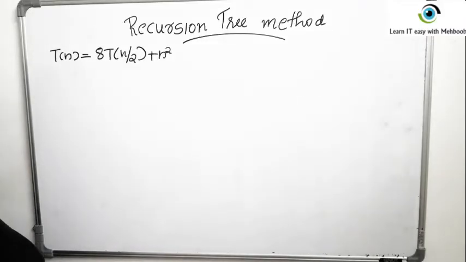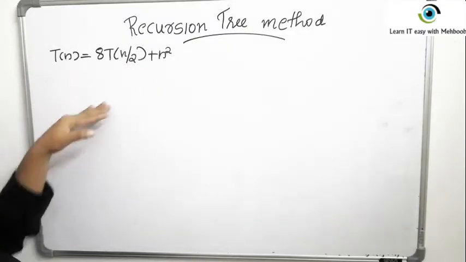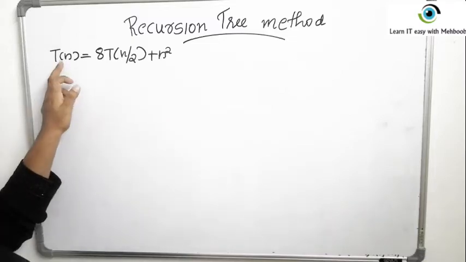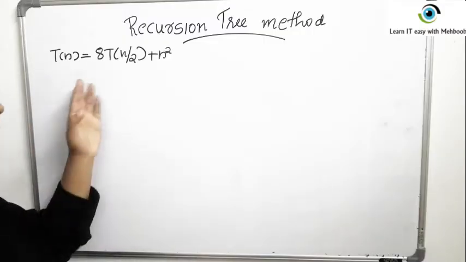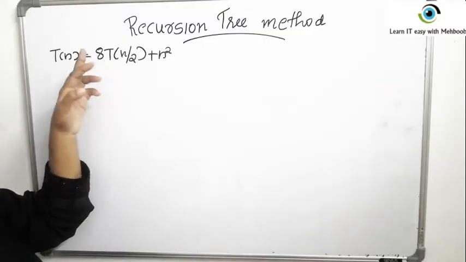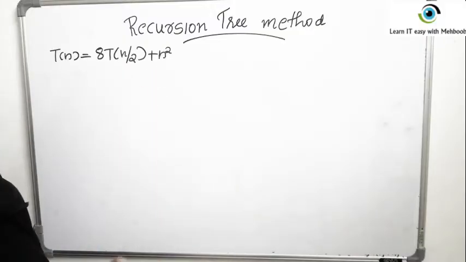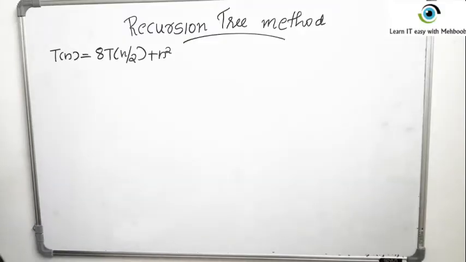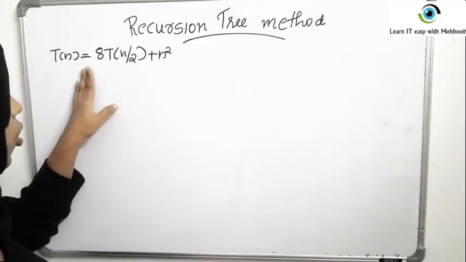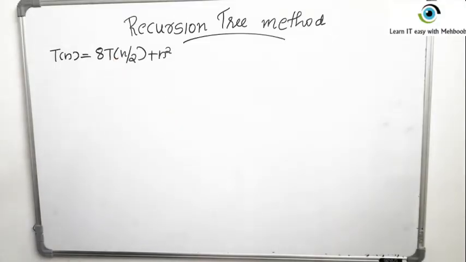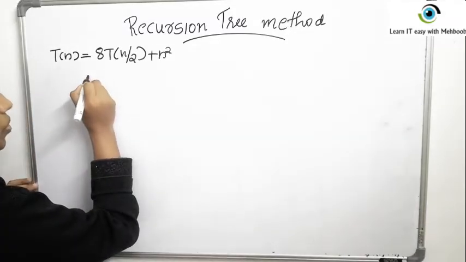So here is our next example. T of n is equal to 8 T of n by 2 plus n square. So as I told you earlier, what it means is the input problem of size n is divided into 8 subproblems of size n by 2 each, and n square is the total amount of time for combining them. Okay, so this is the definition of the problem. Now we have to find the complexity of this approach using our recursion tree method. So this is the amount of work done to combine the solutions of individual subproblems.